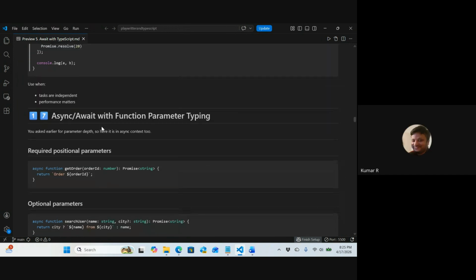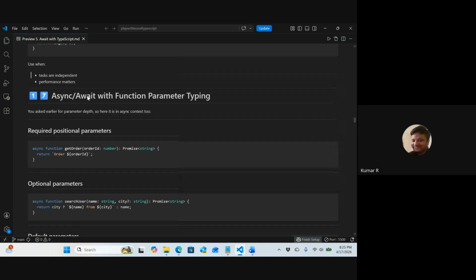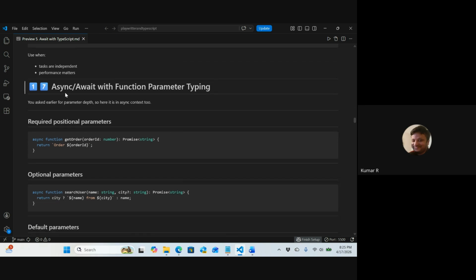Okay. Next is async/await with function parameter typing. You asked earlier for parameter depth, so here it is in an async context too. Required positional parameters: async function getOrder(orderId: number): Promise<string> { return `Order ${orderId}`; }